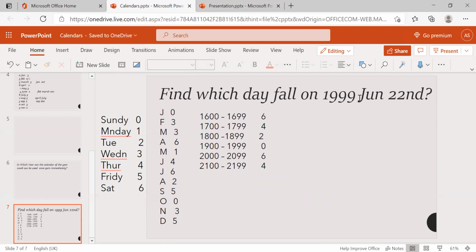Now what we have to do here first of all. If they ask to find which day a date will fall on, then you have to follow the steps.